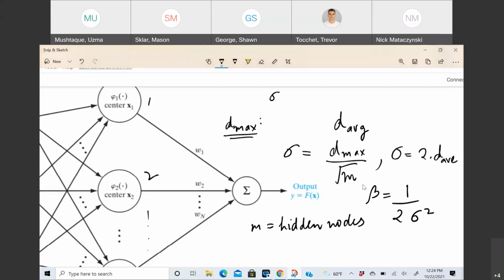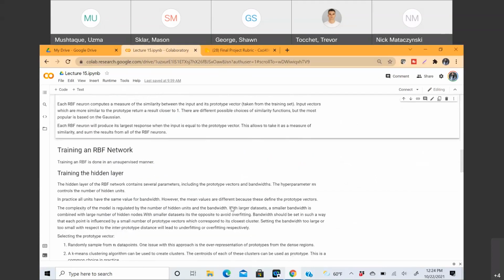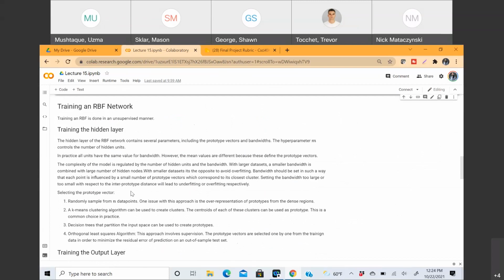Okay, so once we are done with setting the sigma value, it has a lot of implications. For example, the complexity of your overall model. It depends on how many nodes you have, and it is also dependent on the value of the prototypes and the value of the sigma. So you can have multiple combinations. Let's say I have a lot of hidden nodes, and then the sigma values are small. And okay, let me